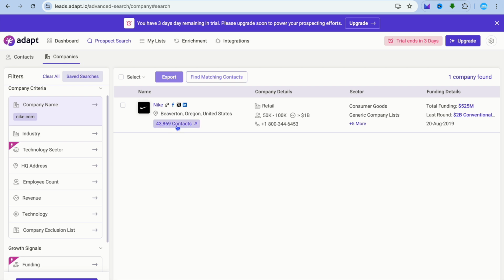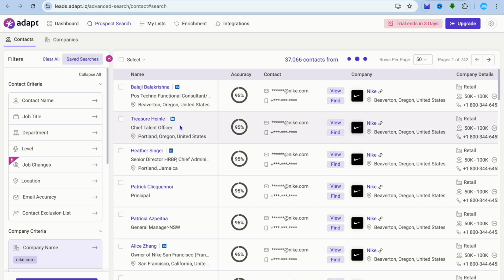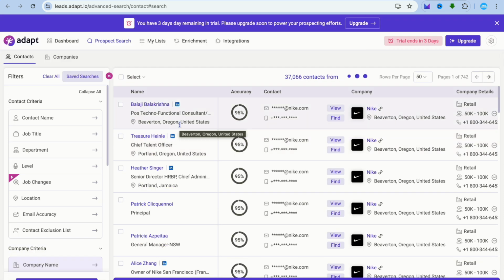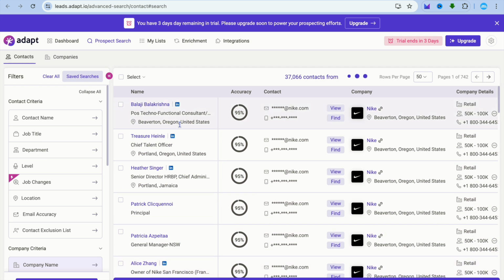So all you'll need to do is tap on contacts right here. After you have tapped on contacts, you'll be redirected to a new page. On this new page, you'll be able to get the contact for all individuals that work or are associated with Nike.com. Now, this is a lot of contacts, as you can see right there. There's over 37,000 contacts. So what I would recommend you do to filter this, you'll go over to the left-hand